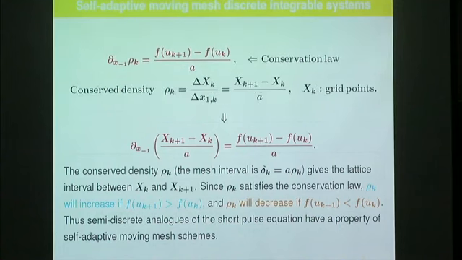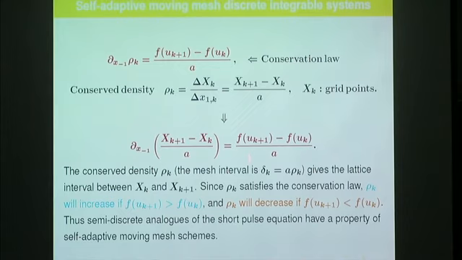And now you can just check the first equation of the system. Because l_k is this, the first equation becomes like this. So if you check this, you can understand this phenomenon. Actually, l_k is the conserved density, and this is the mesh interval. Oh, sorry. This means this is the conservation law. This means if the mesh interval l_k increases, if f of u_{k+1} is greater